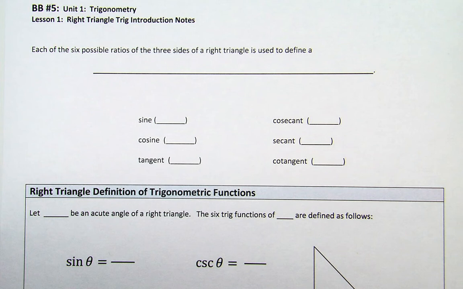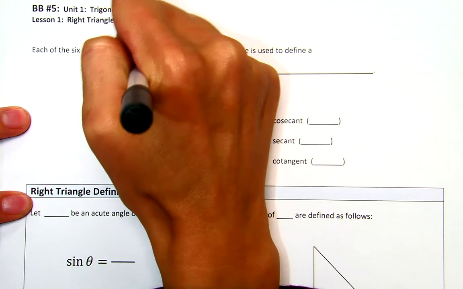So in front of you, you have Blackboard number 5. This is something that should be also in front of you. If not, pause this video and you can print out the PDF that was located with this YouTube video online. So Blackboard number 5, the first thing we're going to start off with is each of the 6 possible ratios of a three-sided right triangle is used to define a trigonometric